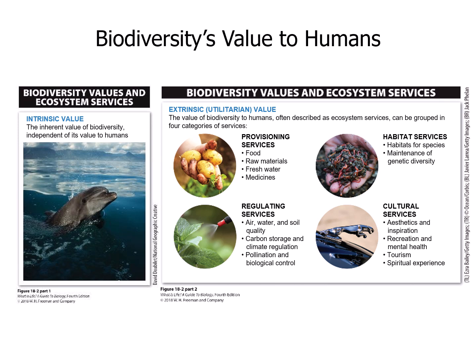Then we have habitat services. This is habitats for species and maintenance of genetic diversity. You might not immediately think, well, that is going to affect us, but it does. If those environments collapse, it will affect us. If we affect an environment by pulling too much of one species, or a certain species is causing problems in an environment, that can affect people in that area, depending on what we're talking about.